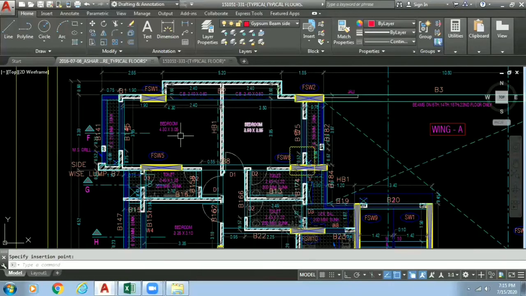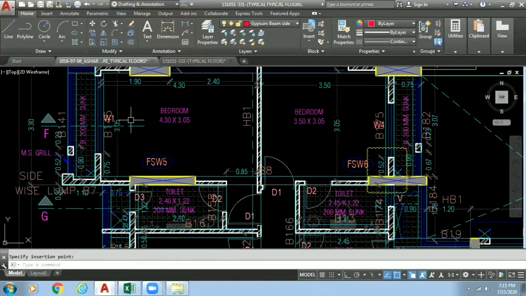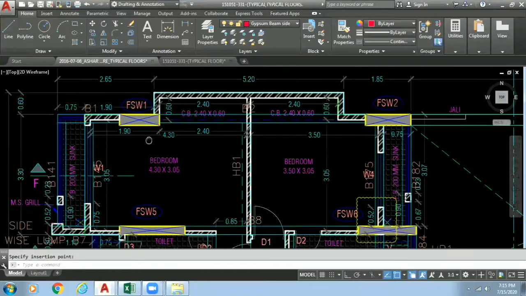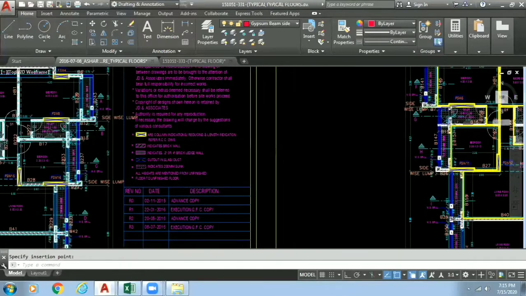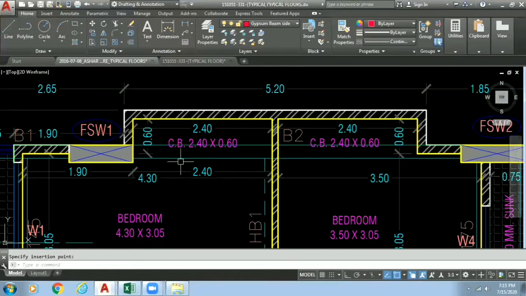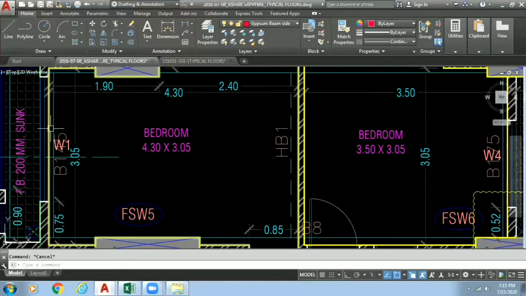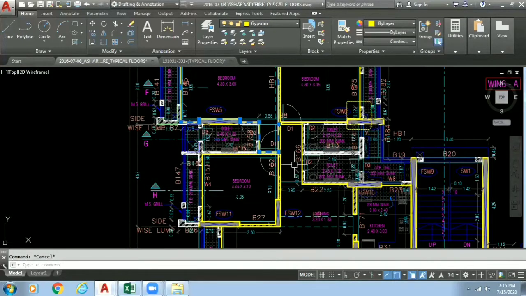Now, what do you have to do after overlapping? We have to just draw a polyline, turn around here, the periphery along which we have to apply gypsum, which I have kept ready over here in this drawing. You can see we have overlapped our RCC drawing here as well, and I have drawn the polyline in the layer gypsum. You can see here the gypsum layer, and I have drawn the polyline.